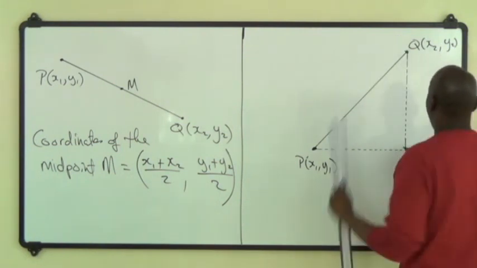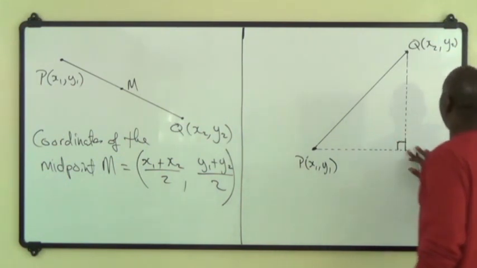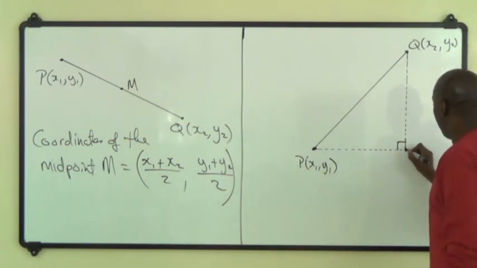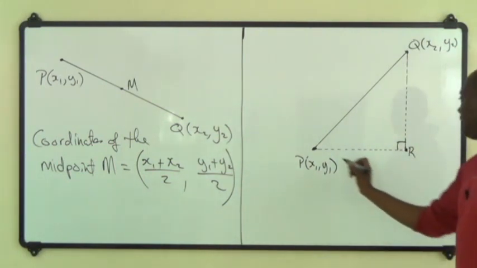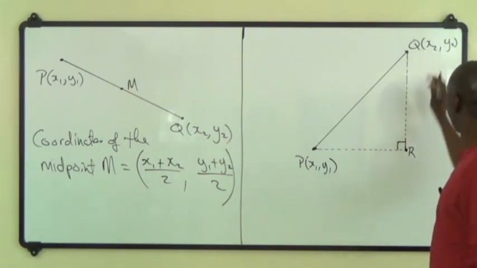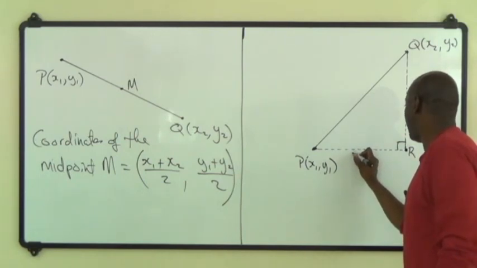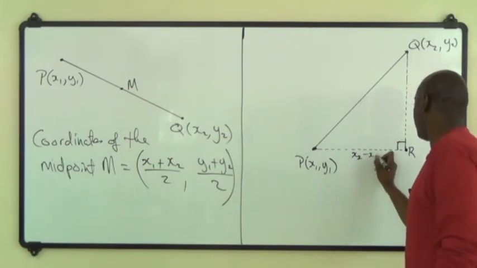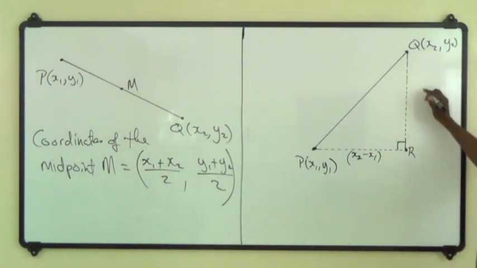Those two lines must meet at an angle of 90 degrees. So that's your right angle. So PQ, let me call this the point R. Now, the length of PR would be x2 minus x1. We kind of went through that as a general example. And the length of QR would be